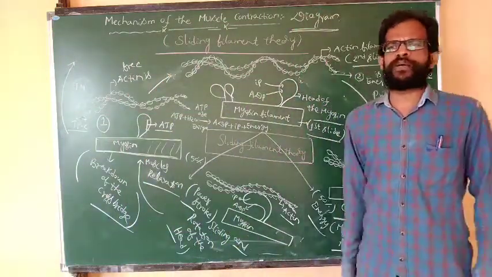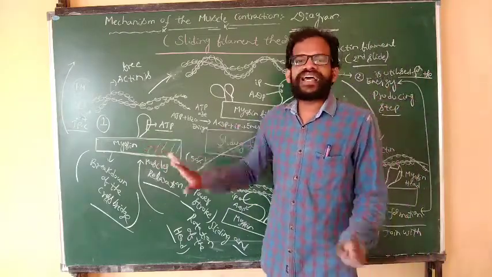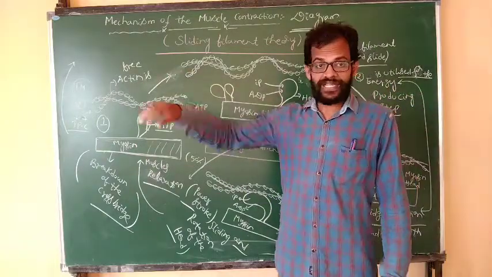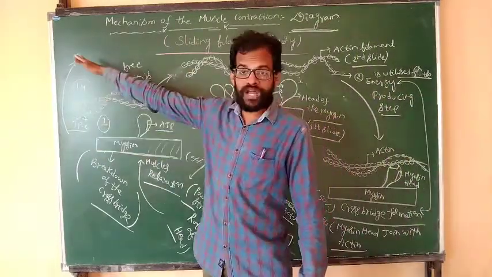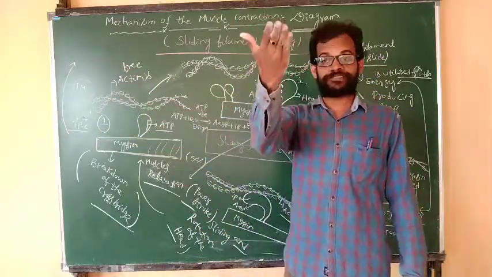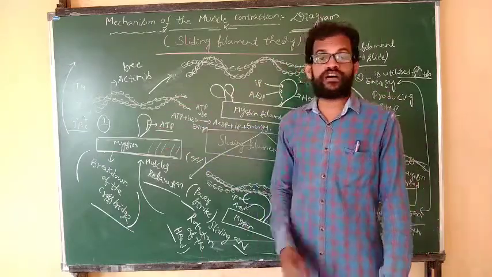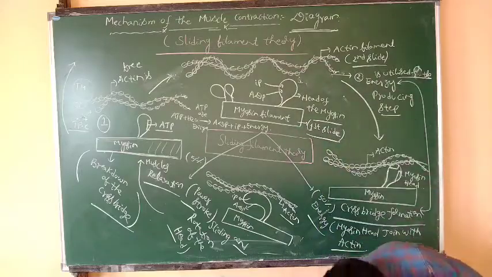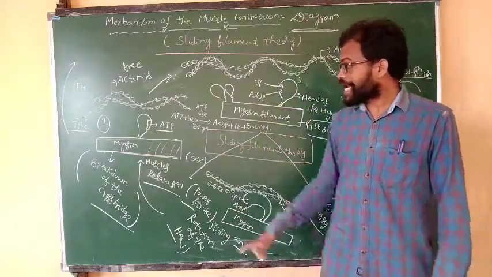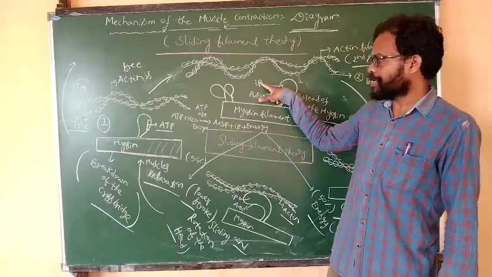Now, you can understand it in a very simple manner. The first one is the muscles in a relaxed position. Whenever the signals are received, this entire complex moves forward. Whenever the entire complex moves forward, the active site of the actin is exposed. The myosin head consists of ATP, which has the ATPase enzyme. By the hydrolysis process it is converted into ADP plus Pi, inorganic phosphate.